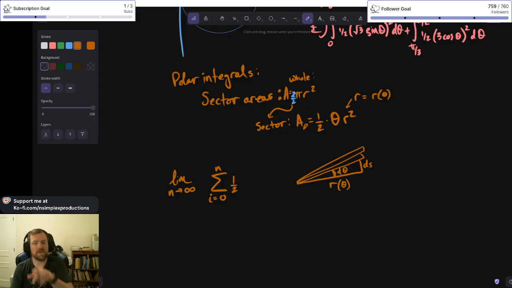So the areas are 1/2 times our delta theta. We can kick that to the end because we like to have the deltas, the infinitesimals, all the way at the end. And then this is going to be r as a function of theta,